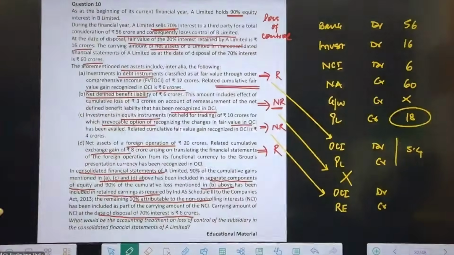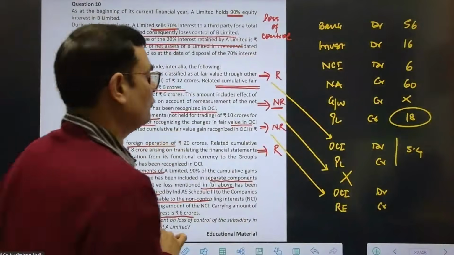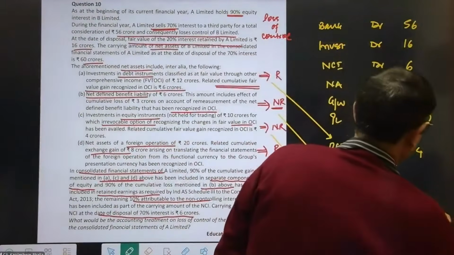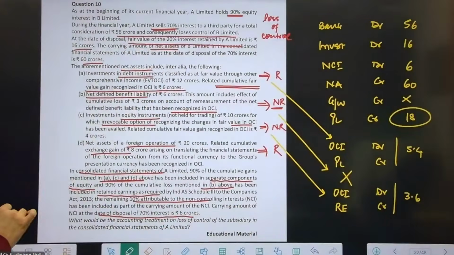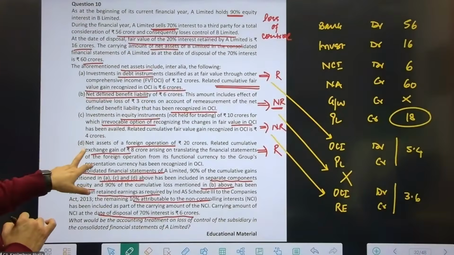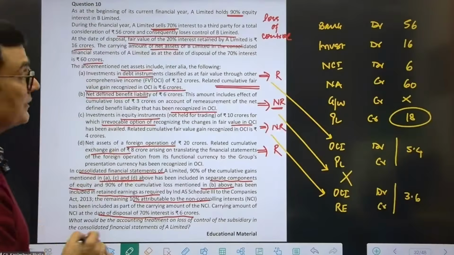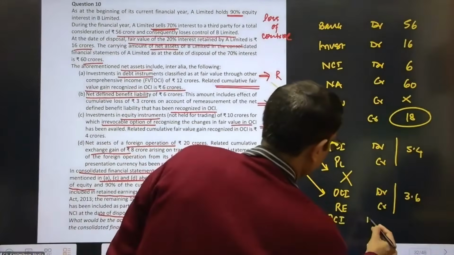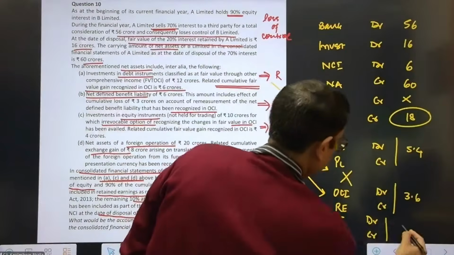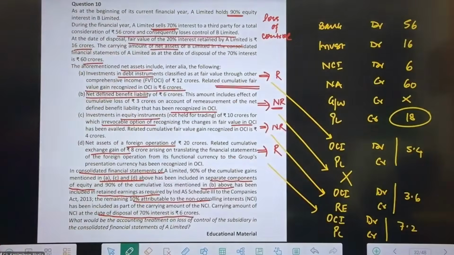Retained earnings. Correct. So this is, I guess, a cumulative fair value gain of 4 crores. So 4 crores into 90%, 3.6 crore. And then finally, in point D, it says that there is a fair value gain. This is 8 crores. This is a case of R. So can I say OCI and this goes in the PNL? PNL. So 90% of 8 crores, that is 7.2 crores. Okay, so I think that takes care of the input.